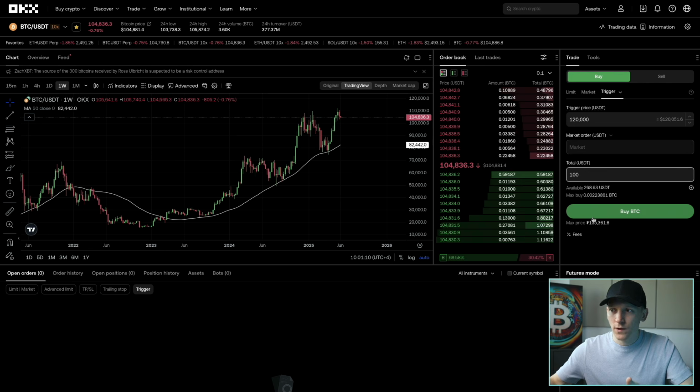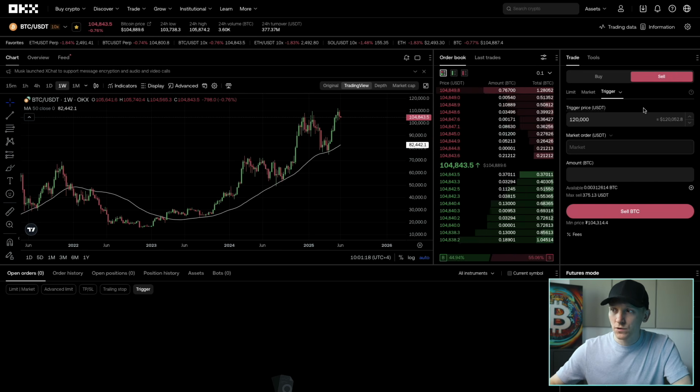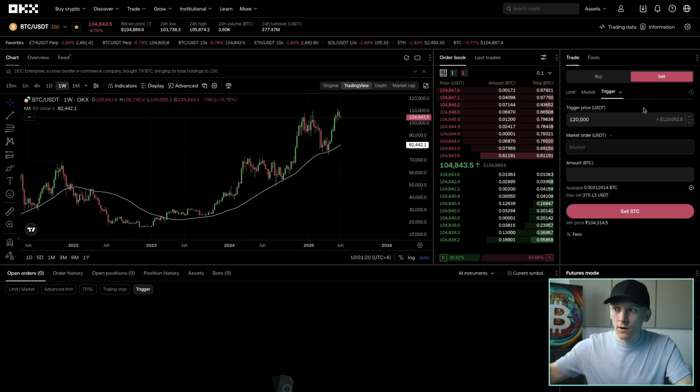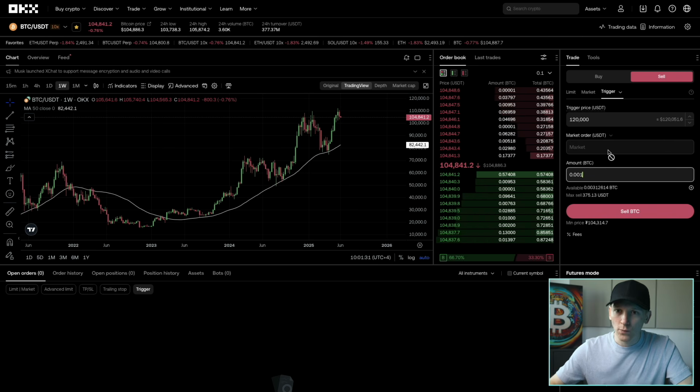If you're looking to buy at 120, why not buy at 104? So it's usually done on the downside where it's a stop loss. You're selling at a trigger actually below the current price. You can also use trigger orders to sell above the current price. So you can put the trigger order in to say sell, trigger, wait till 120,000 and then sell this amount of Bitcoin. But a limit order would work in that instance because your limit would be above the current price